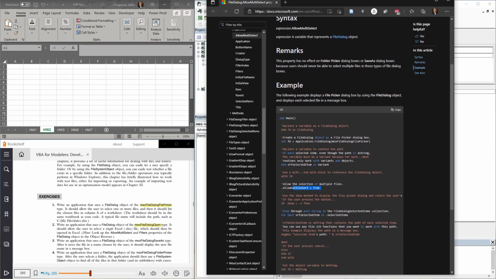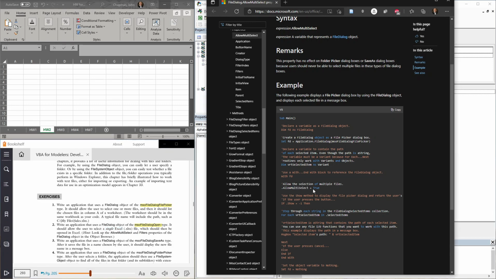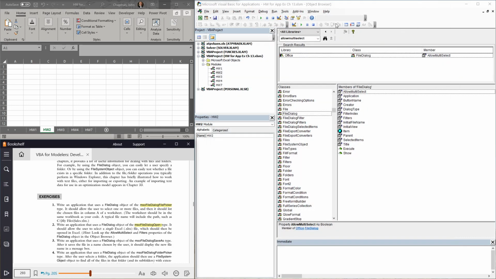It looks like allow multi-select is a true or false option, and we can allow the user to choose a single item or multiple items. So I think because number 2 says a single Excel, we're going to put allow multi-select equals false in our code. So let me go ahead and close this